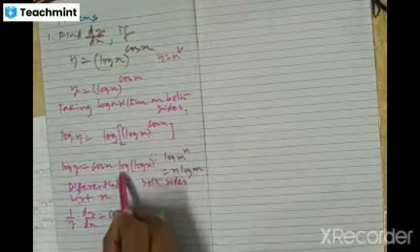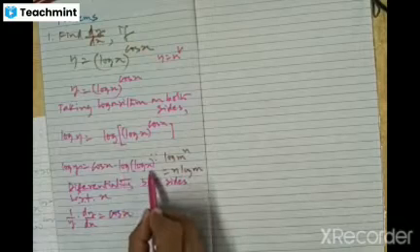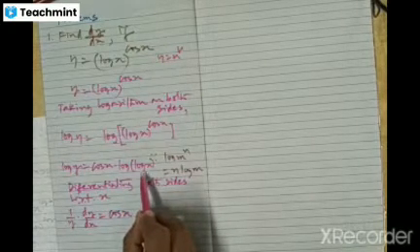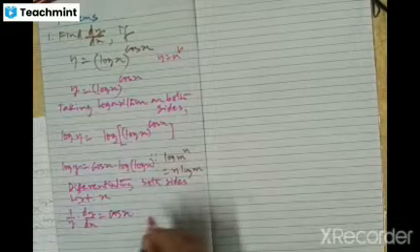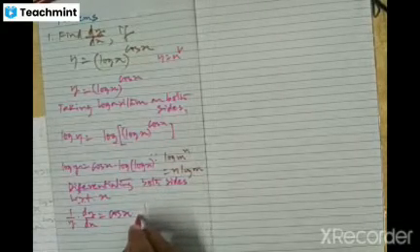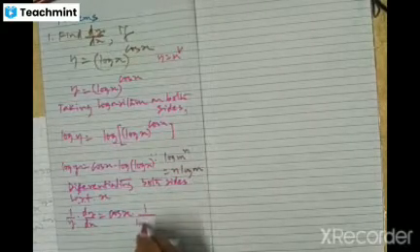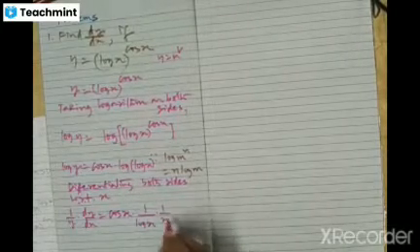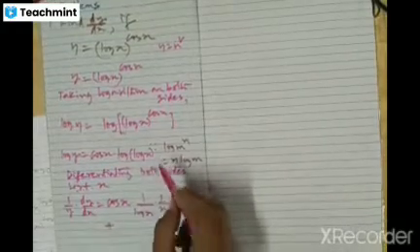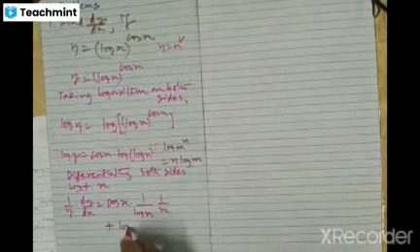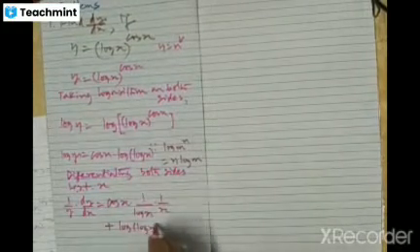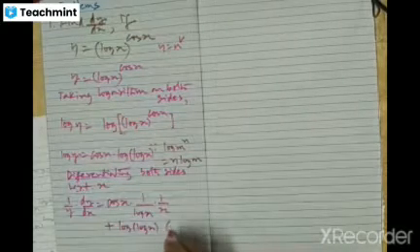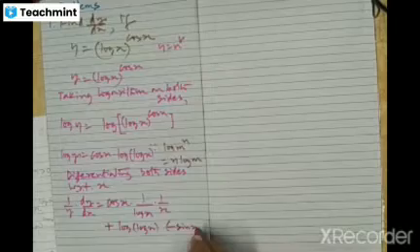So using product rule, right hand side becomes first function cos x into d by dx of second. I'm going to write it directly. D by dx of log x. This is a composition of two functions. So using chain rule, d by dx of log x is 1 by log x into d by dx of log x, 1 by x, correct? Plus second function log of log x into derivative of the first function, d by dx of cos x is minus sin x, correct?